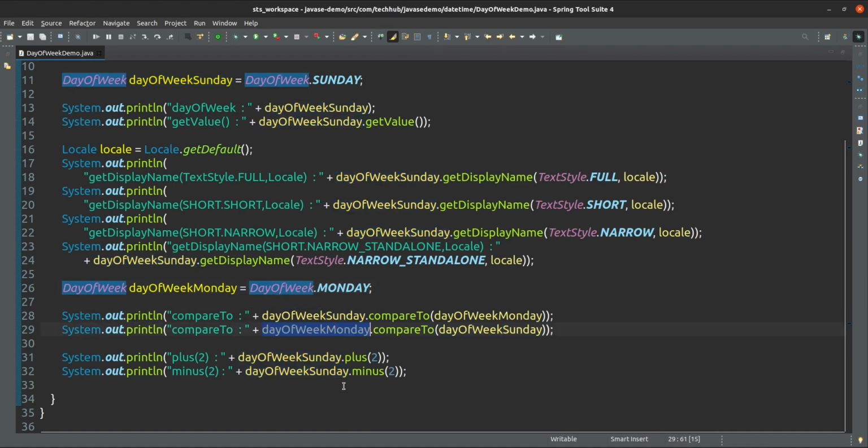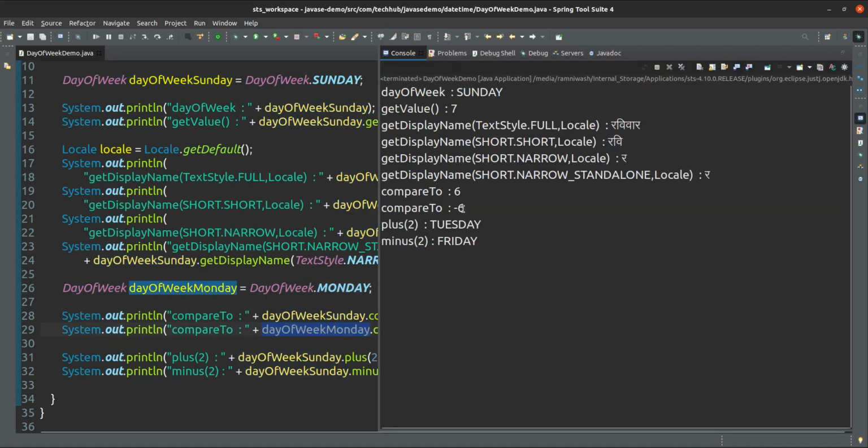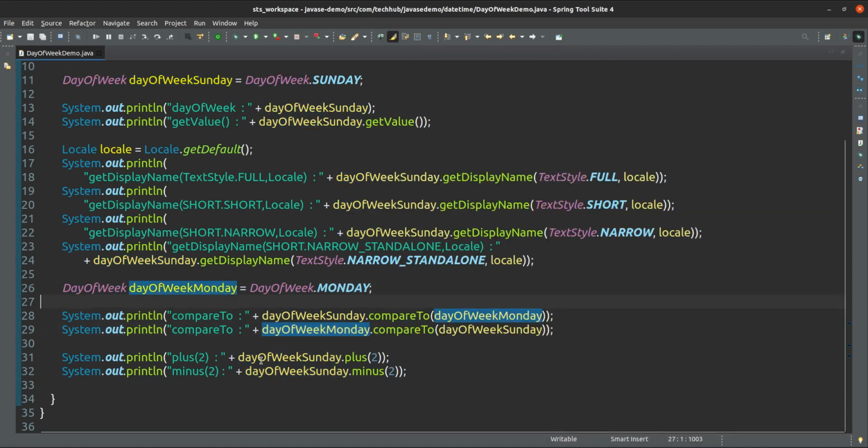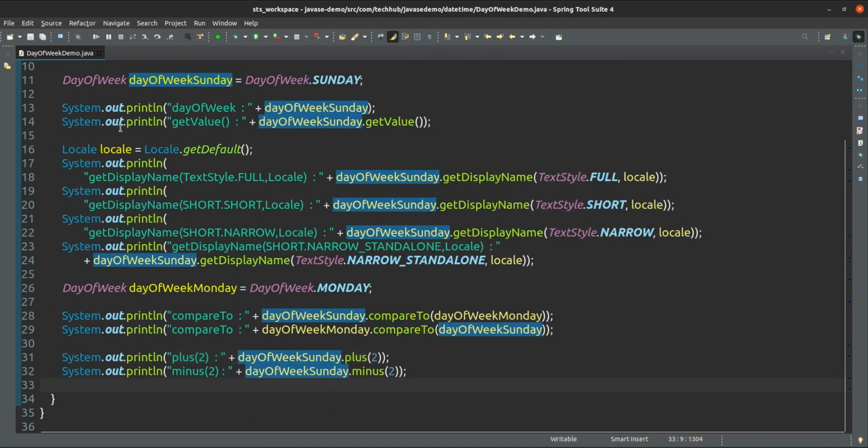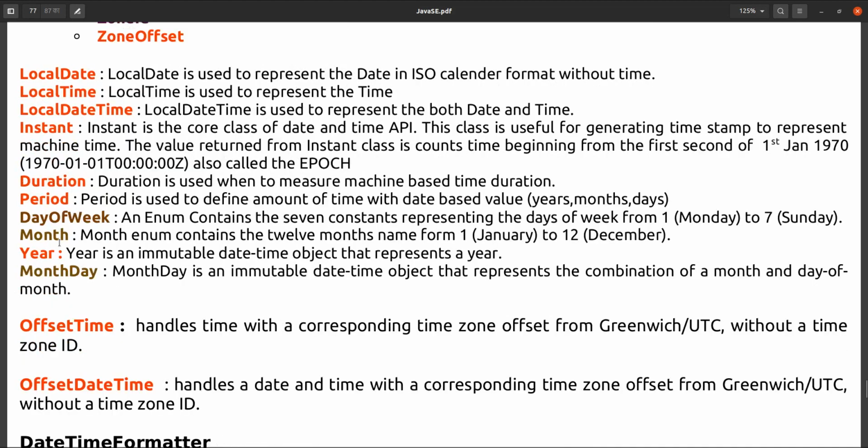And if we use the reverse one, we will get the difference as minus 6. And if we do plus or minus, plus means Thursday it will be, or minus 2 will be Friday. So this is day of week.